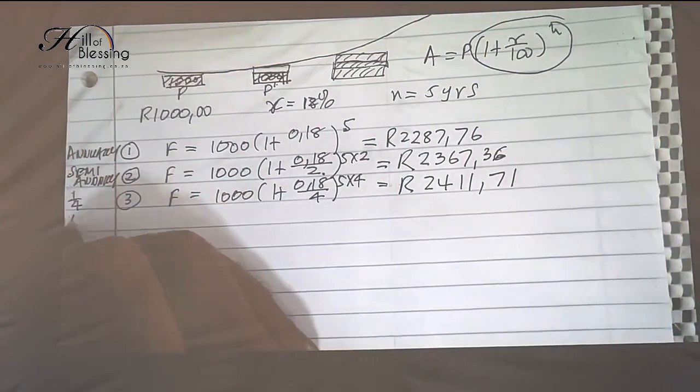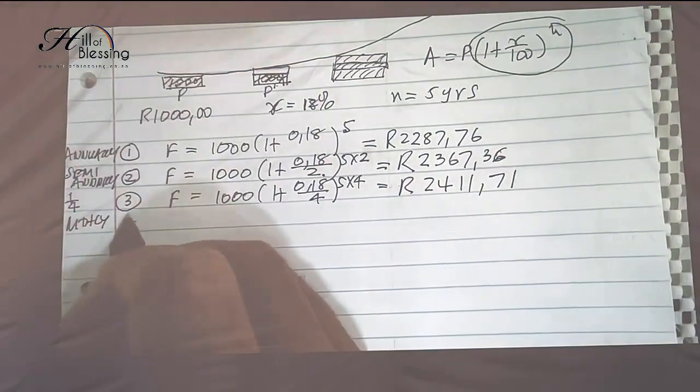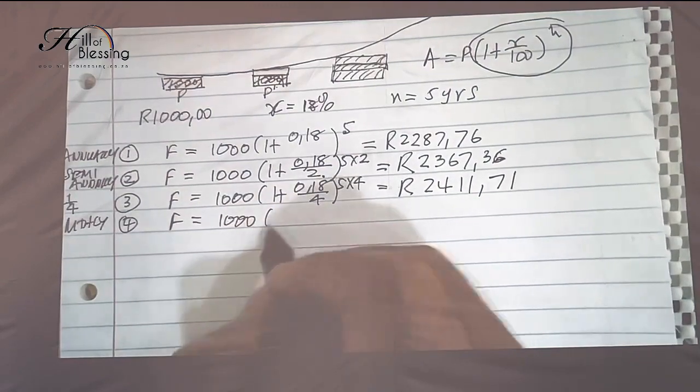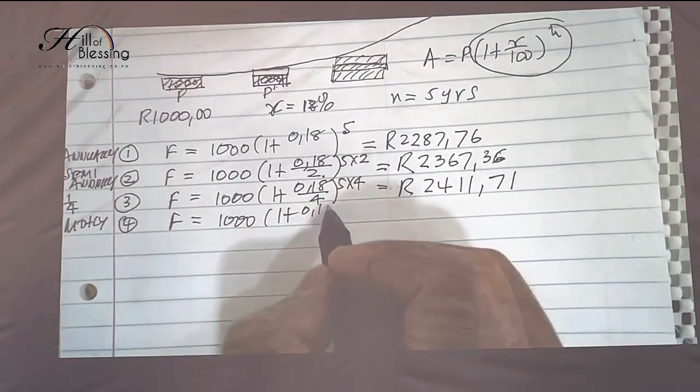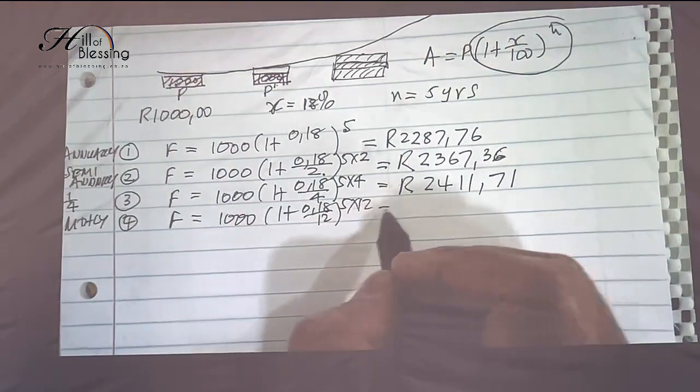And then finally, if we want to add the interest monthly, the fourth scenario, the future value is going to be 1,000 into 1 plus 0,18 divided by 12, and that's 5 times 12, and the answer is